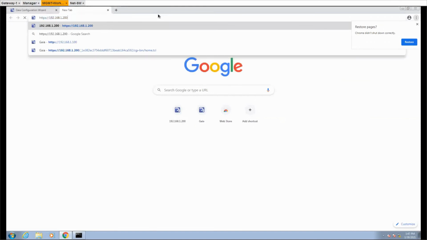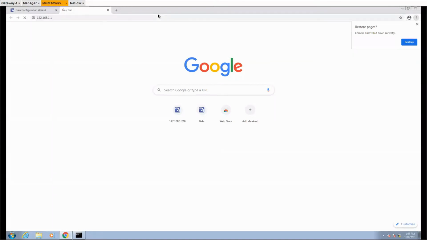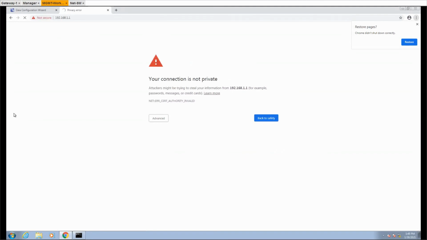The gateway IP is 192.168.1.1. Okay, now we can say advanced and proceed.